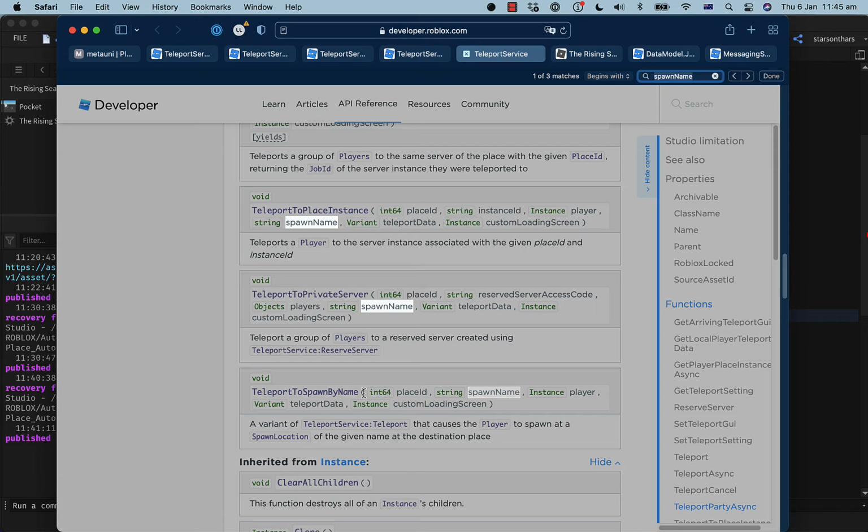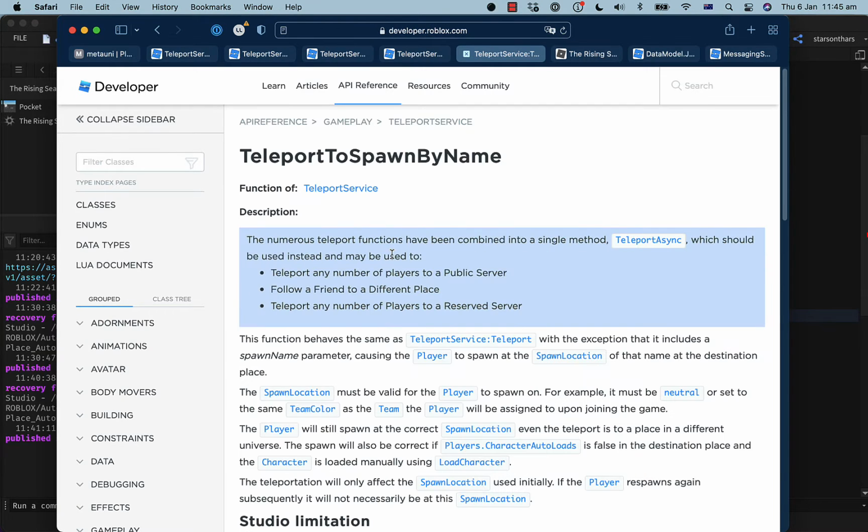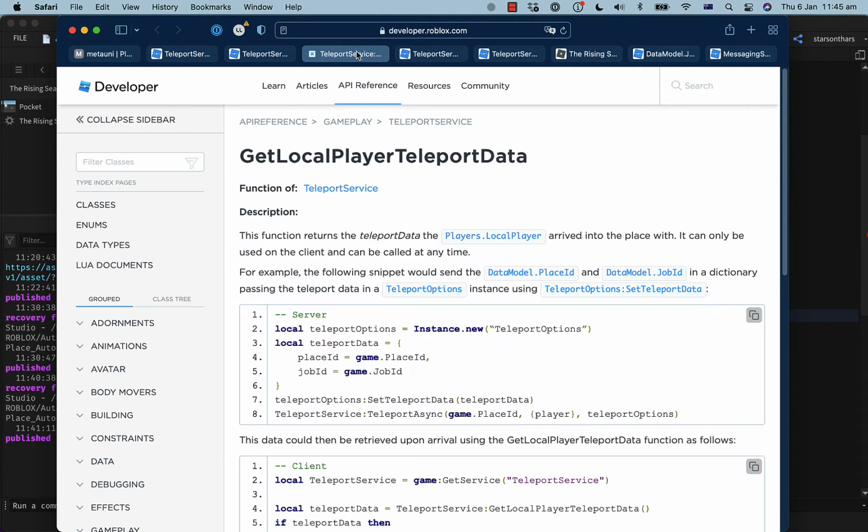Okay, I guess this is what I want to do, right? Yeah, well, that's not quite true, is it? Because I can't just pass a spawn name unless teleport options has this hidden.